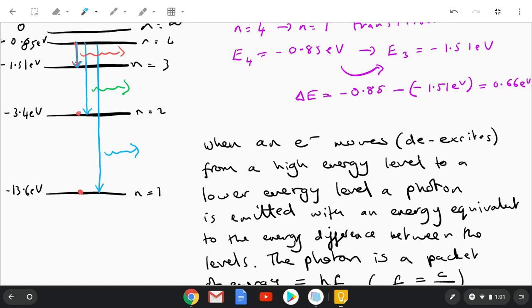Now, that was just electrons moving from the n equals 4 level to the n equals 3 to n equals 2 to n equals 1. So from the 4th orbit to the 3rd, 4th orbit to the 2nd, 4th orbit to the 1st. As you can see, there are other possibilities. You can have an electron from the 3rd orbit jumping to the 2nd orbit, or the 3rd orbit to the 1st, and the second